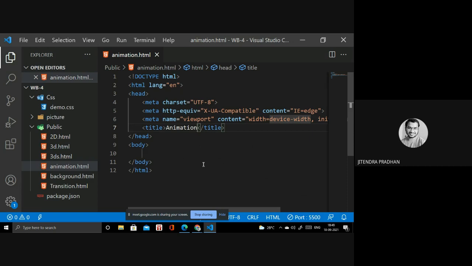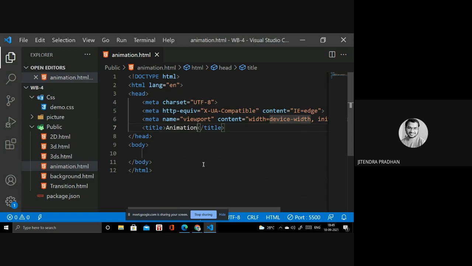What is the difference? Animation can easily run in low bandwidth, and if you apply it on mobile it also works. If you are designing the coding part on a website, it will work finely.